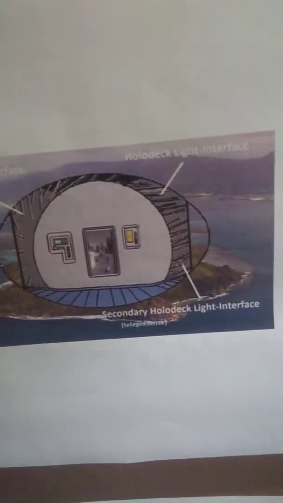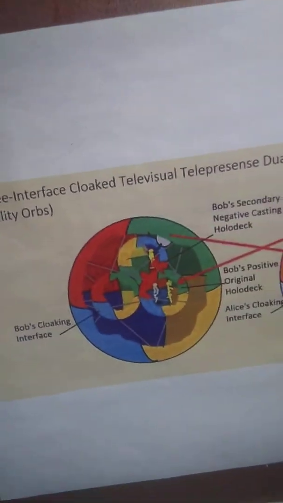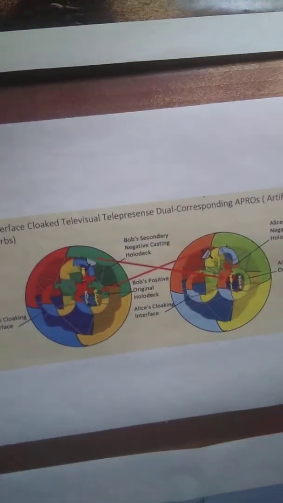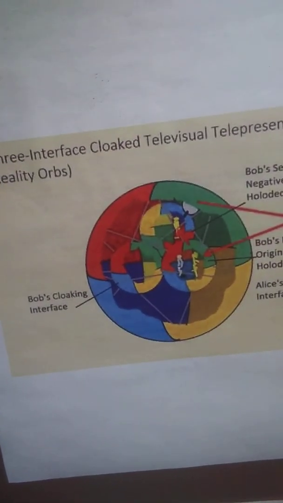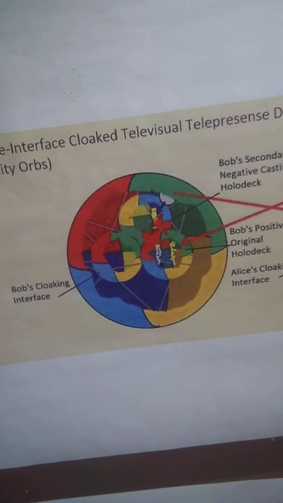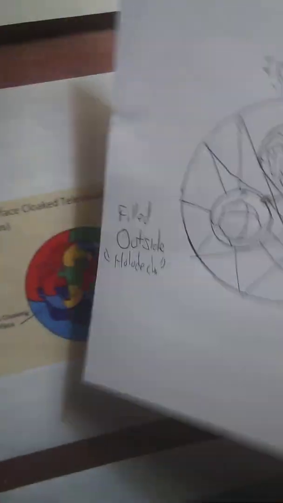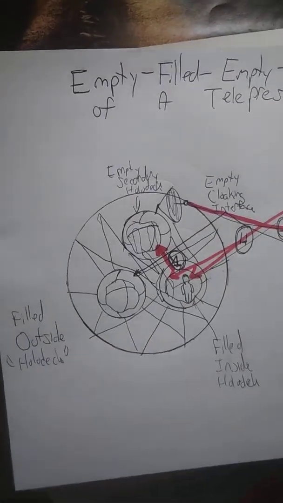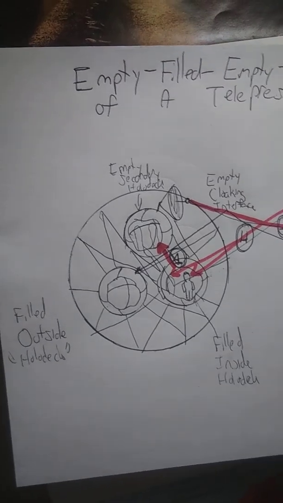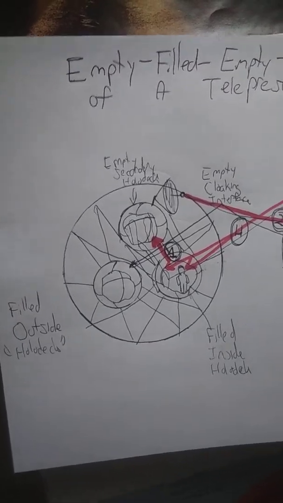And this shows a schematic of what two telepresent portals exchange with each other. There follows a chain. I drew up a quick diagram. If you consider the outside world a filled outside holodeck filled with light and matter, then